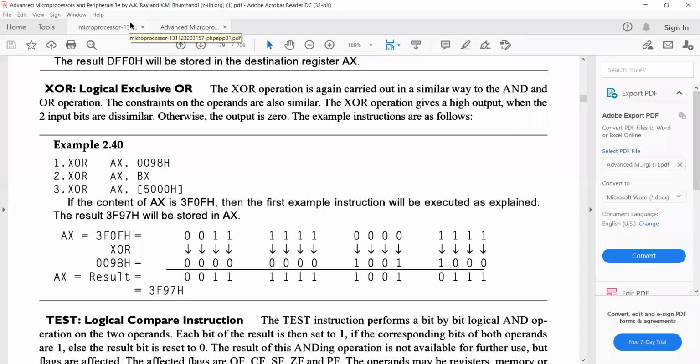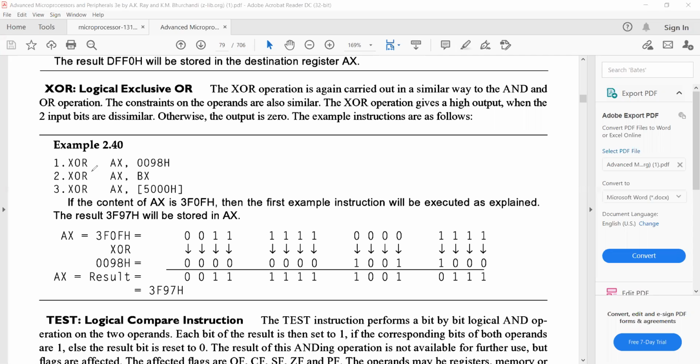This was also introduced, same as the OR and AND operations. We also have the XOR instruction to perform the XOR operation. We all know the truth table of XOR: when the two inputs are the same, that means either both 1 or both 0, you'll have the output as 0. If the inputs are different, that means either 1 0 or 0 1, you'll have the output 1. So that is the truth table of the XOR operation, and we use this XOR instruction to perform it.